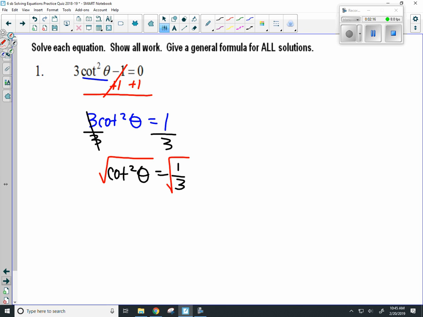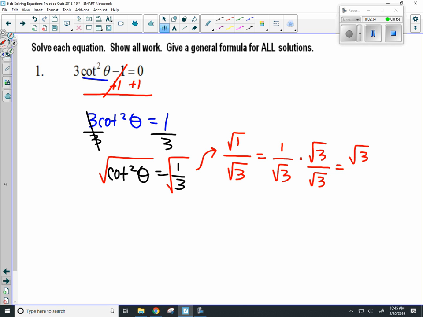Now be careful on this one, because when you square root a fraction, what's really happening is you square root the numerator and you square root the denominator. So this will be equal to 1 over the square root of 3. And then to rationalize the denominator, and to turn this cotangent value into something that we recognize, we're going to multiply both the top and bottom by radical 3 over radical 3, which will give us square root of 3 over 3. So what we're looking for are the angles where cotangent of theta is equal to positive or negative